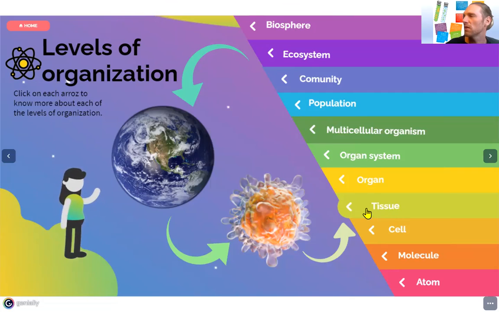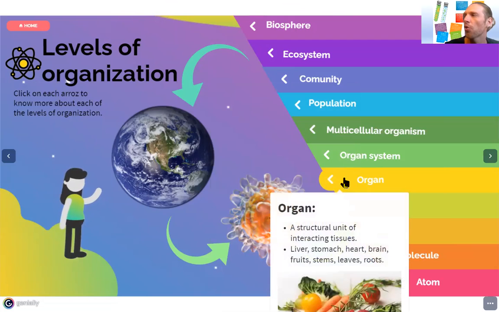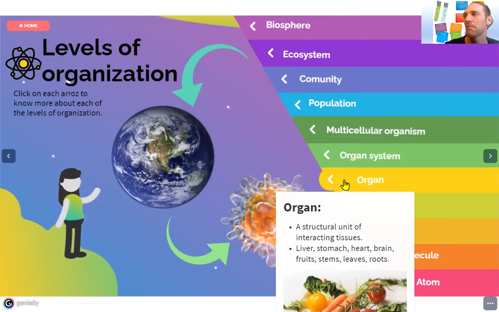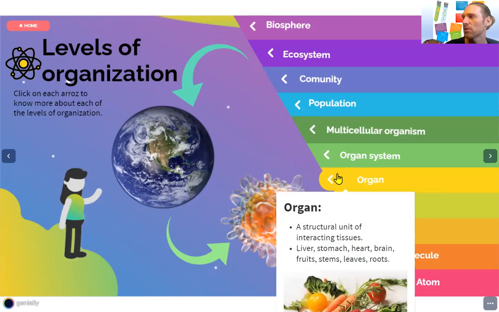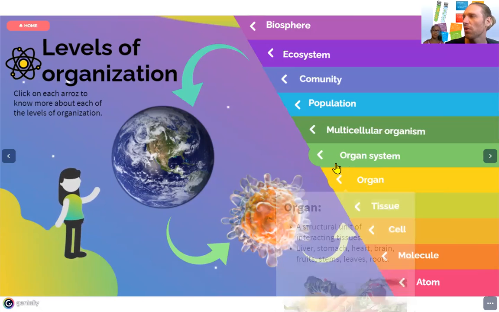Okay, so that's the tissue level. Organ level. If we take tissues together, we get an organ. So one organ can be made out of different tissues. Do you understand that? Because, for instance, our intestines have epithelial tissue, but they can also have smooth muscle tissue. Organs are like heart, stomach, liver, brain, all of this.